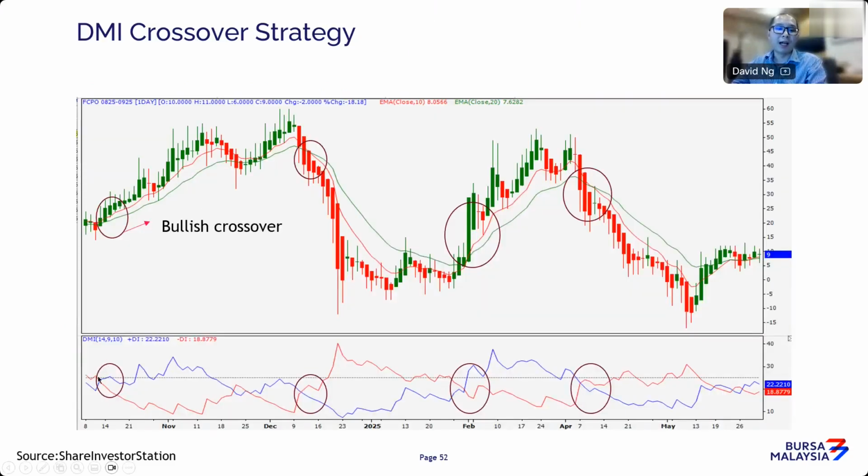But what I want to highlight is that, in DMI, there are 3 different lines. The blue one is what we call the positive DI, and the red one is called the negative DI. Normally, the blue one measures positive momentum. So whenever prices go higher, this blue line goes even higher. Whenever the market starts to go into a downtrend, you start to see the red or minus DI go higher. So the blue line measures the strength of the bullish momentum, and the red one measures the bearish momentum.